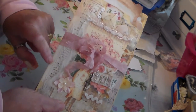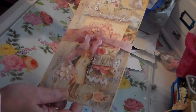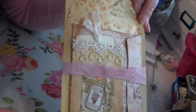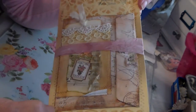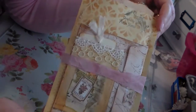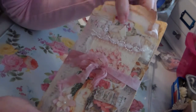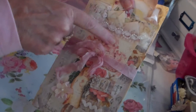But I had this leftover file folder. Let's just start there. I sewed it. Here you can see on the back of it where I've sewed it all around. I didn't have to sew it at the bottom, but the two sides, I guess I must have used it on something else and had cut it in half. This is just half of one, so I don't know what I used the other half for. But anyway, I just sewed some